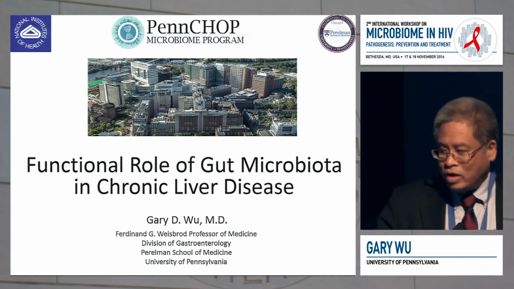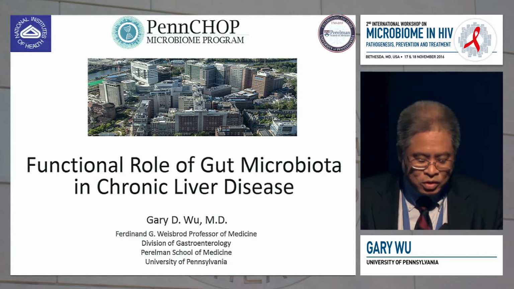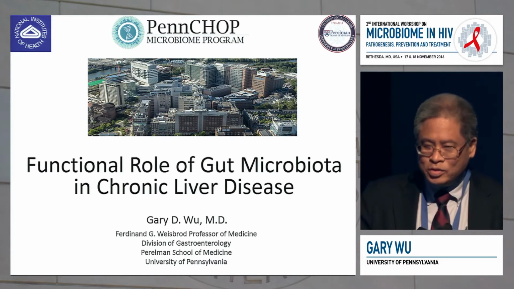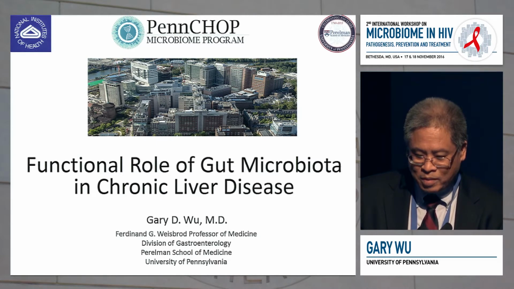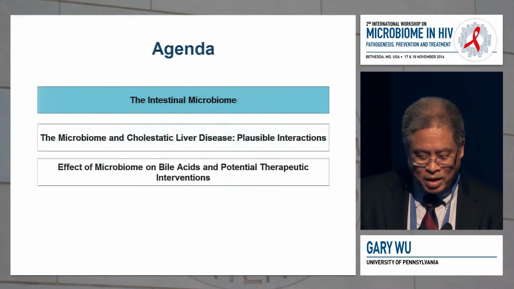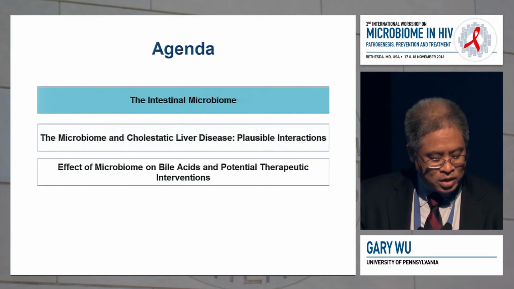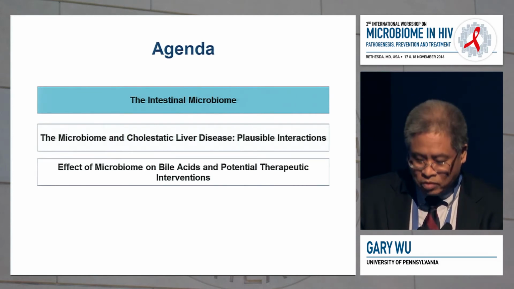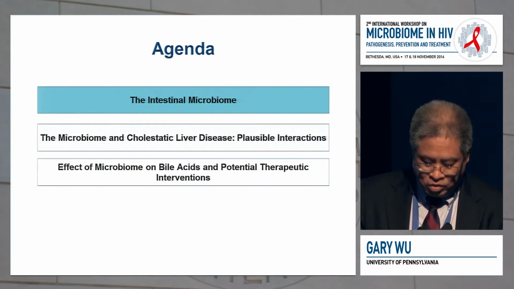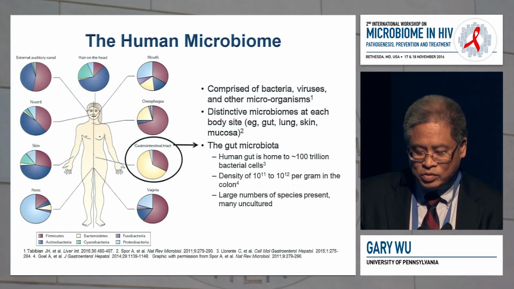And what I'm going to really try to do over the next 25 minutes or so is try to get this as close to human biology as possible. So I'm going to use some, I think, salient examples of how the microbiome and their metabolites may be influencing chronic liver disease. So this is the order of my talk, and we've already heard a really nice introduction. I'm going to give you a slightly different